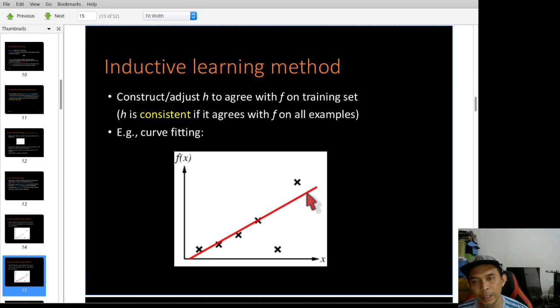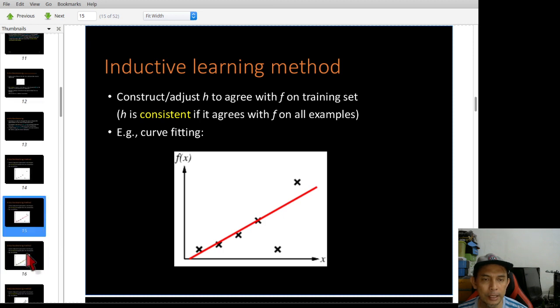So if you predict the new data point when x is here, the value should be somewhere here. So this is the assumption when you use a linear function to represent this data point. As you can see here, obviously in this case linear function is not that good. So let's try another function.